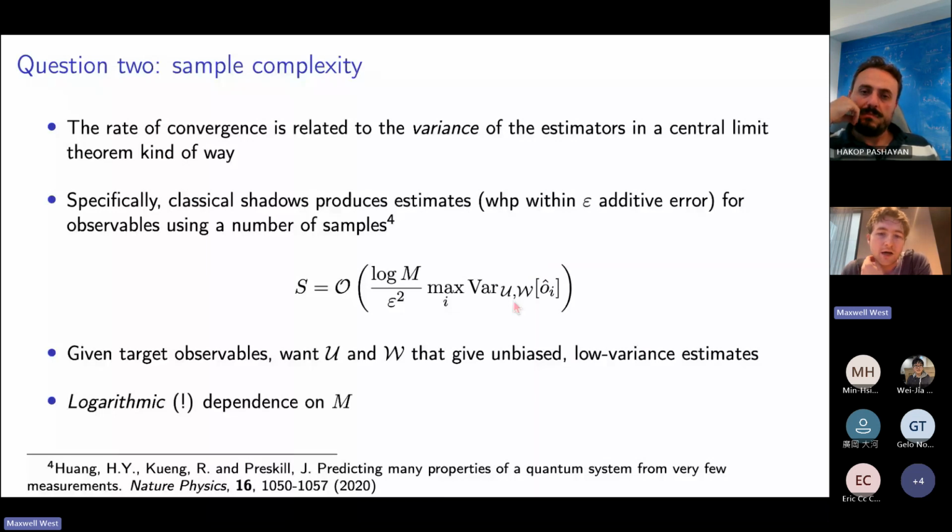So then what we want to do, and the game is, given some target observables, pick a U and a W that makes these variances small. Oh, and also that ensures that the O's are actually in the visible space. And then if you can do that, if this is polynomial in the system size, then yeah, this is kind of incredible, right? This is justifying the title of the paper, where you make a relatively small number of measurements and can estimate a number of things exponential in the number of samples that you take.